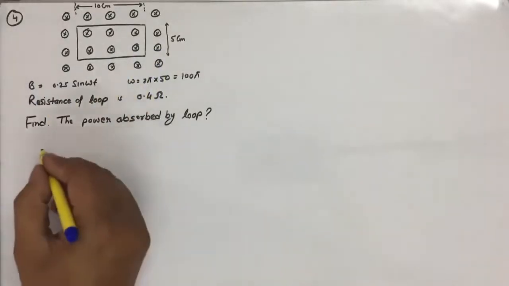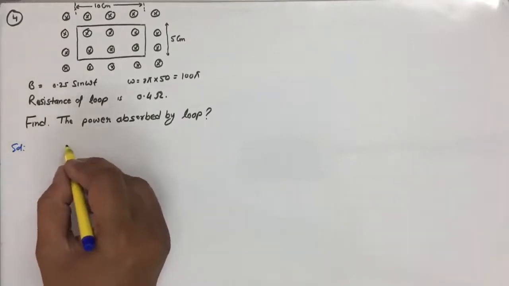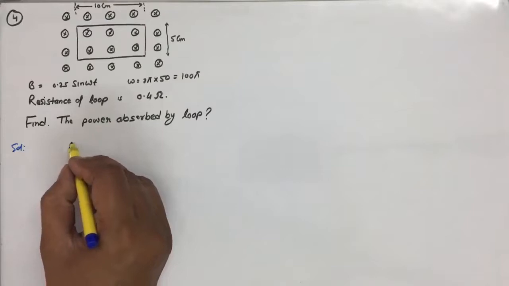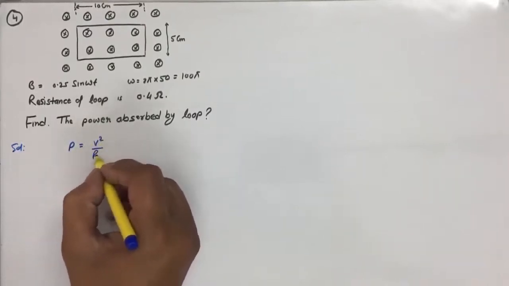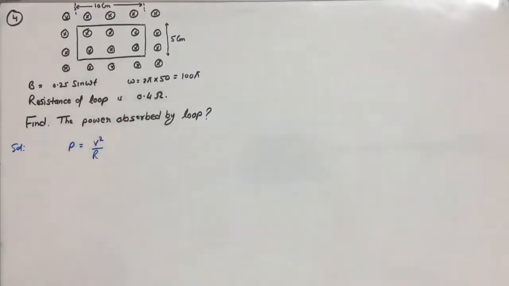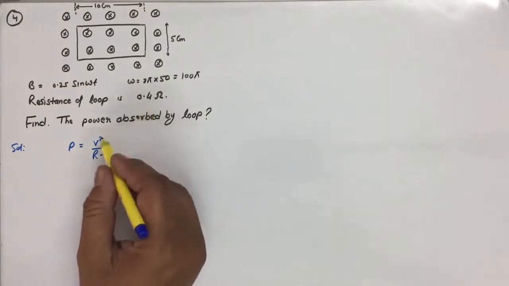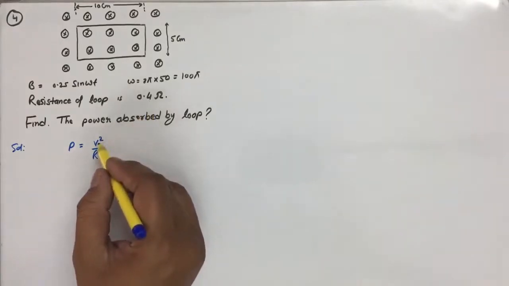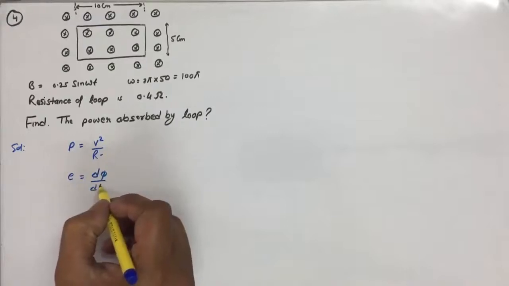So the power absorbed or dissipated by the loop, we know that can be written as V square by R. We have this formula from electrostatics, and R of the loop is given. We have to find the EMF induced in the loop, and to find the EMF we know the formula, that is the rate of change of the flux,